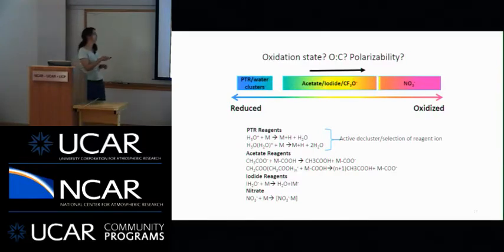And then you have these reagent ions like acetate and I- that we use, and then CF3O- that the Caltech, that the Wennberg group uses. And these seem to access molecules that are sort of intermediate. We can't access the extremely low volatility organic compounds, but we also don't access pure hydrocarbons. So we're sitting somewhere in the middle. So this was the picture that we had.